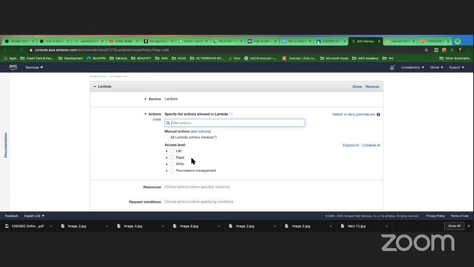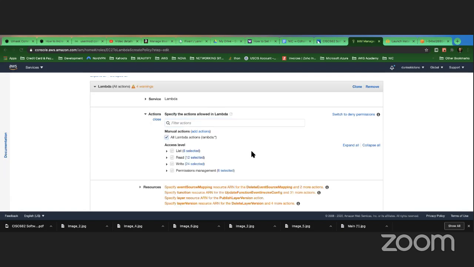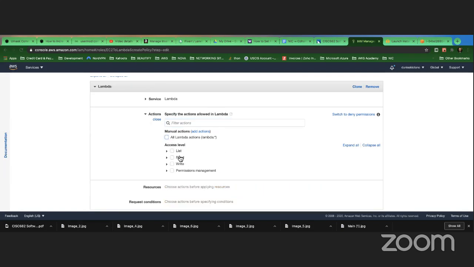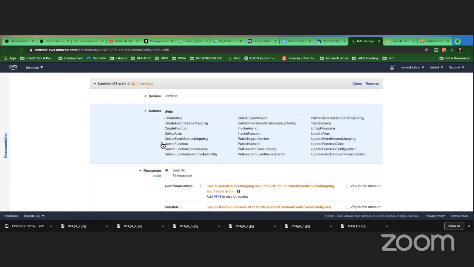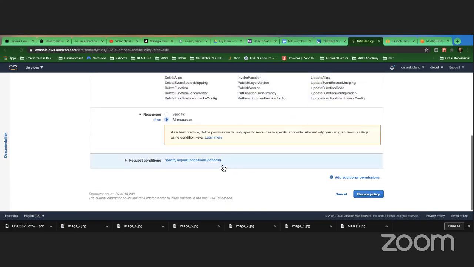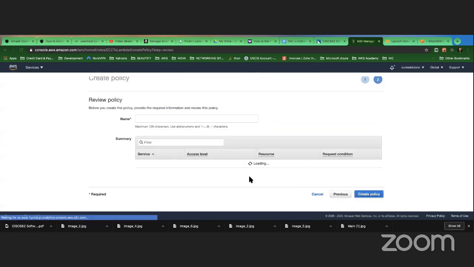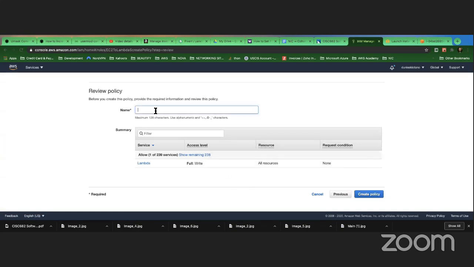Just a small one. I'm just adding, probably, write permission. Here you see all the resources, and here, if I have any condition, I don't have any condition. So here, maybe Lambda more access, just an example.